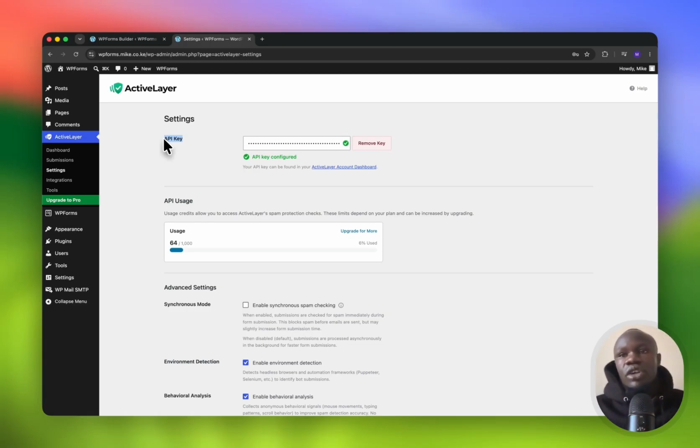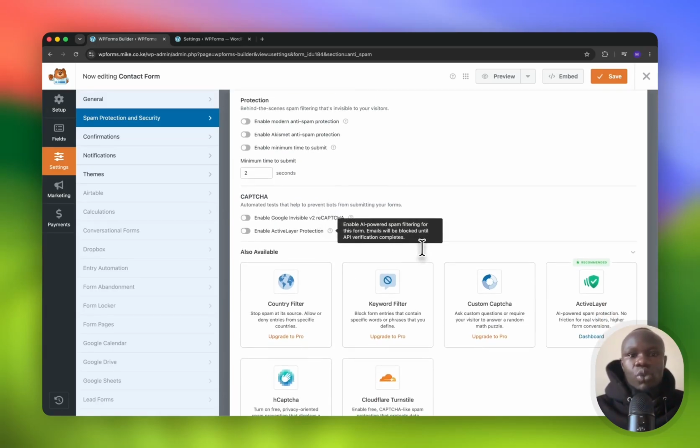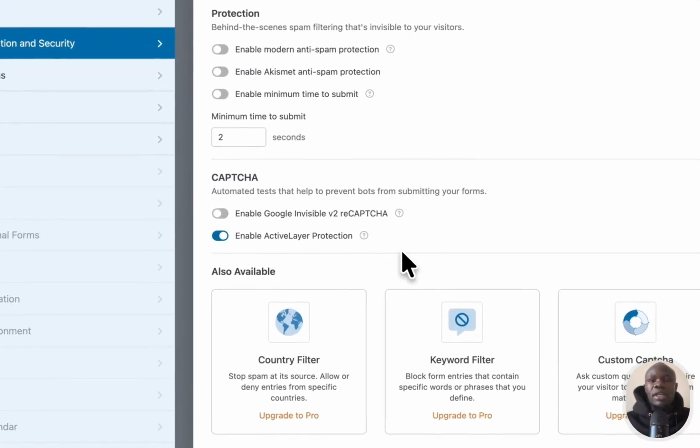If it is a genuine submission, it will flag that as a genuine submission. Once that has been done, you come back to the form builder. Then you're supposed to enable the active layer protection. So under CAPTCHA, you just simply enable active layer,